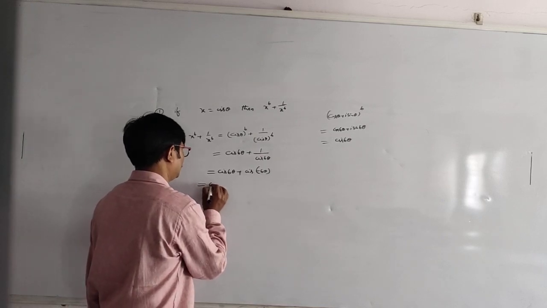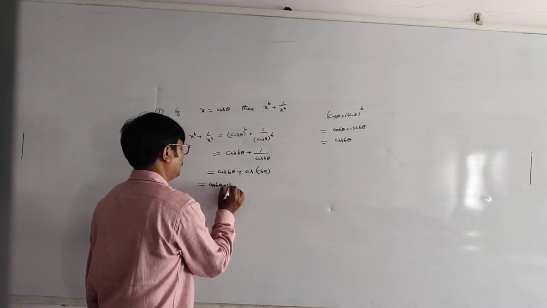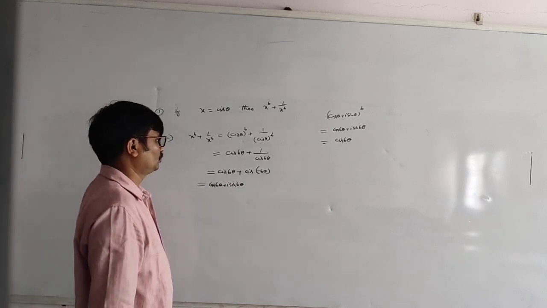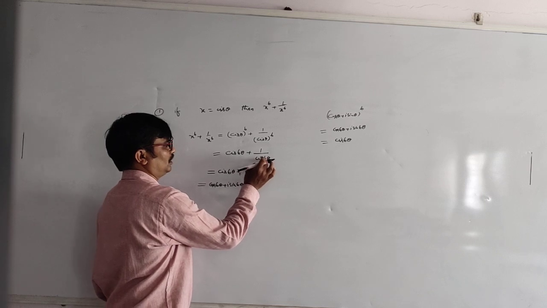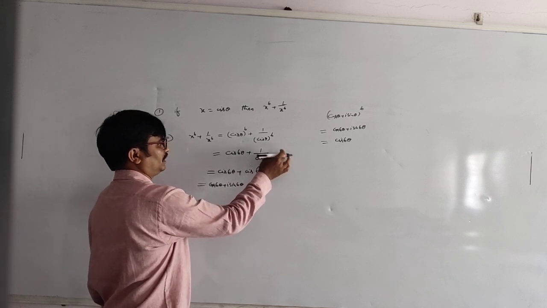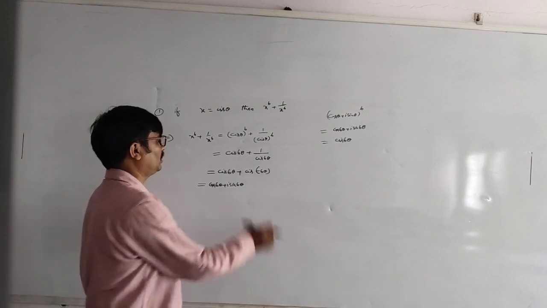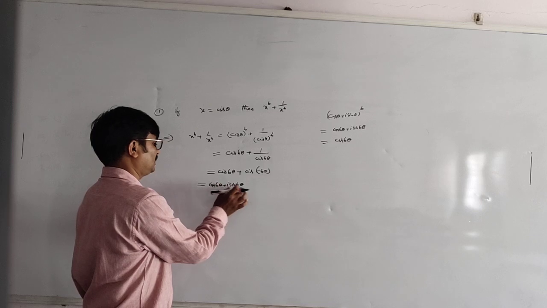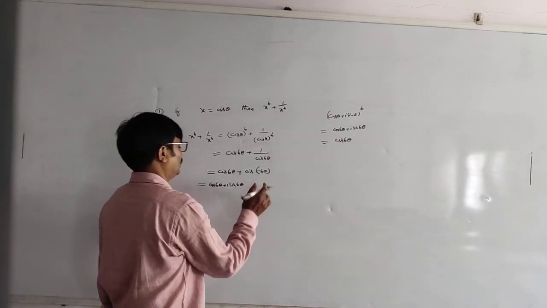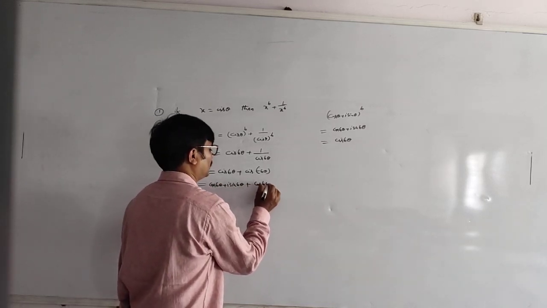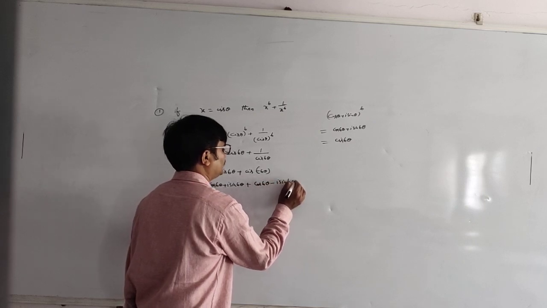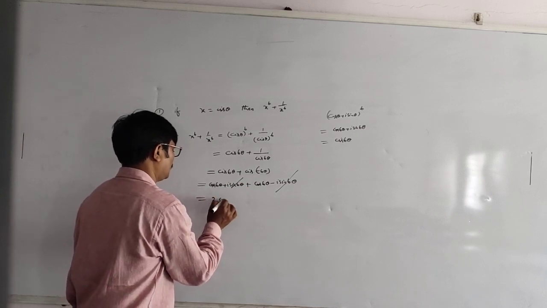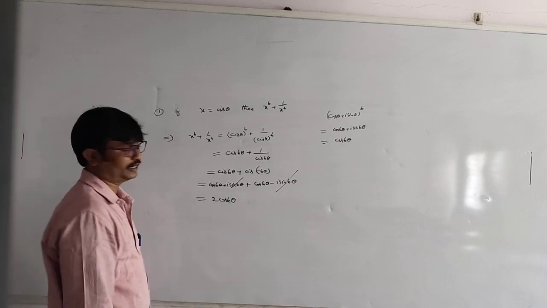So students, this is cos 6 theta plus i sin 6 theta. When we take cos 6 theta plus i sin 6 theta, after rationalization we get cis of minus 6 theta. Now this can be written as cos 6 theta minus i sin 6 theta. The imaginary parts cancel, and cos plus cos is 2 cos 6 theta.